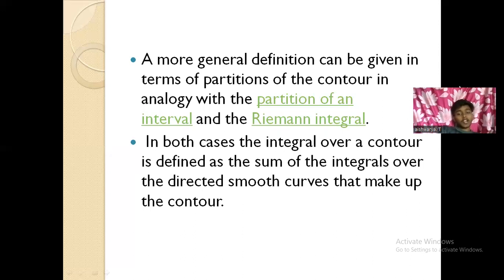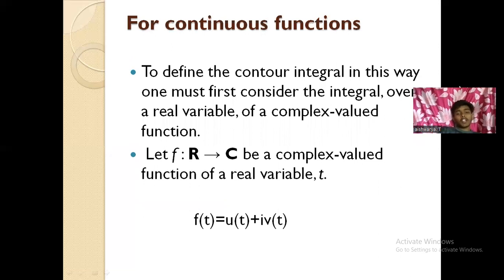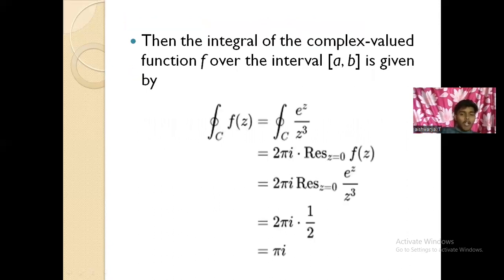In both cases, the integral over a contour is defined as the sum of the integrals over the directed smooth curves that make up the contour. For a continuous function, to define the contour integral in this way, one must first consider the integral over a real variable of a complex valued function f, a complex valued function of a real value t, f of t equals u of t plus i v of t. Then the integral of the complex valued function f over the interval a comma b is given by